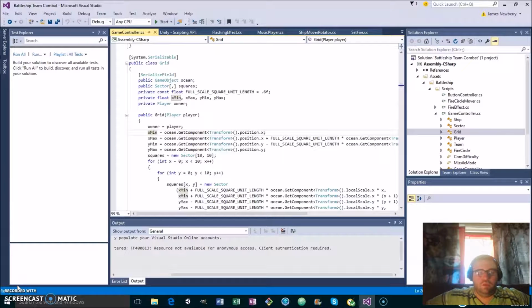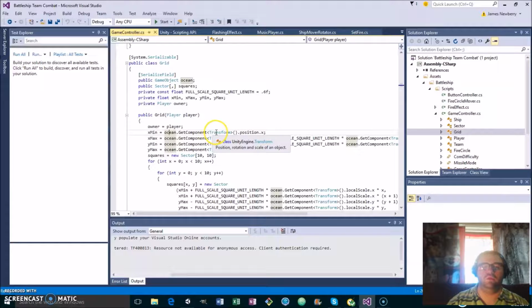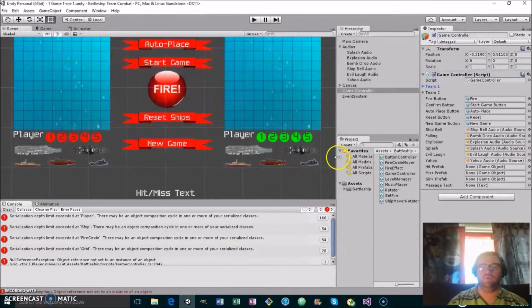Okay, we're now on the game controller thing on Microsoft Visual Studio. And as you can see in this line right here, this is the line where we have the problem. It says here to get component transform. It says not an instance of it. But what we have here from the thing is that,